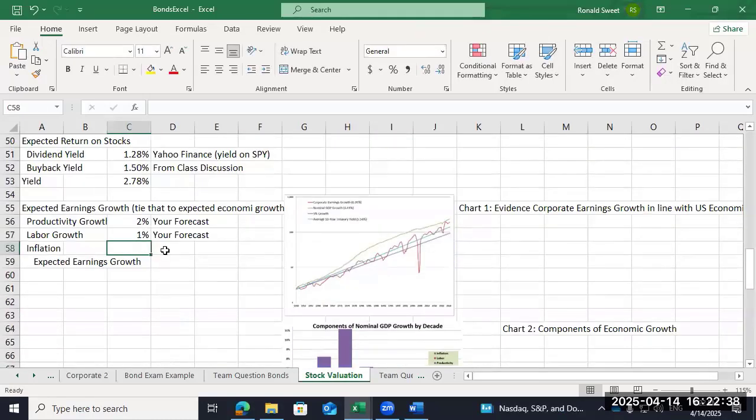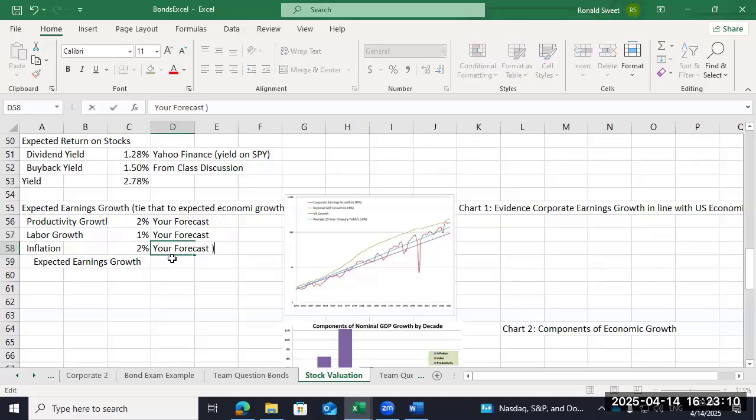And inflation, it's your forecast. The Fed's saying they're targeting 2%. So I think you could certainly go with that. You'd probably need a quote from Jerome Powell or someone to support that. Be careful here that you don't go to Fred and look at recent inflation, because we're not talking inflation next 5 years. We're talking inflation over the next 50 to 100 years. So just because inflation is elevated now doesn't mean you use really, really high inflation right now. So your forecast, maybe a Powell quote,